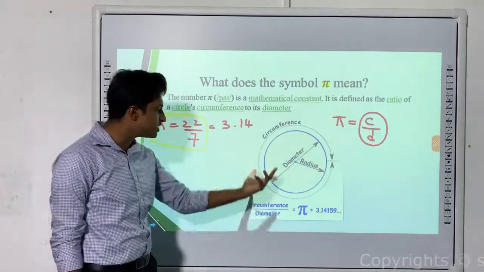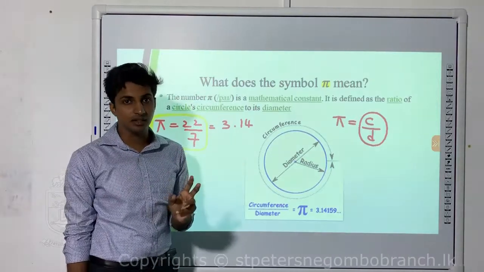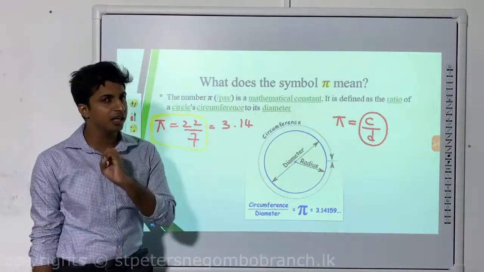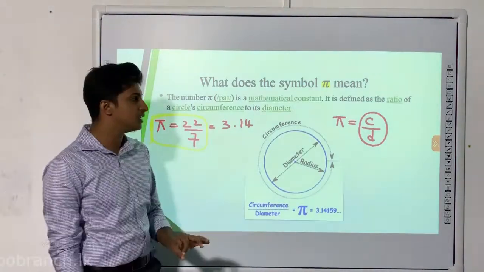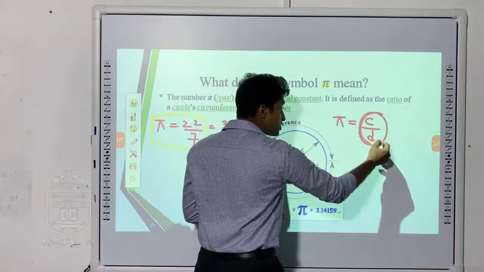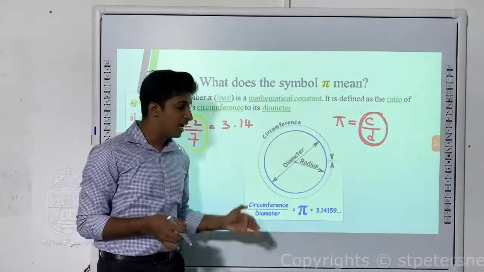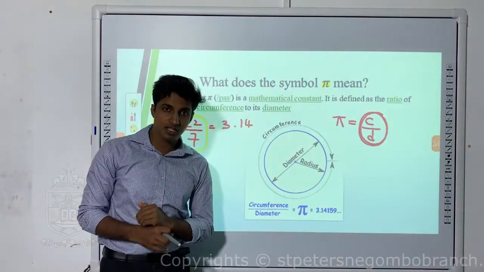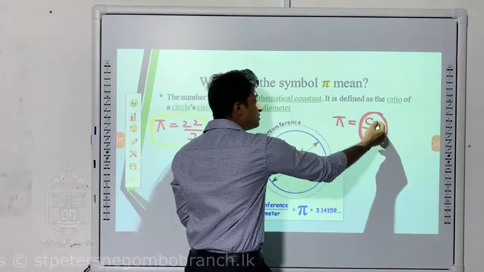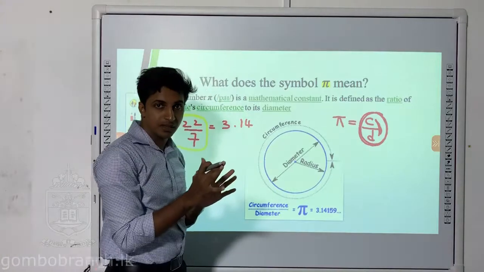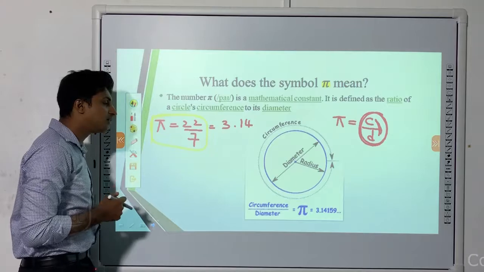The third decimal or the second decimal might change a bit, but whatever circle you take, for any circle with any radius or any diameter, take the circumference and divide by the diameter and you will always receive this fraction as a constant. Take the circumferences of like 10 circles and divide by the diameters of 10 different circles, you still get the same value for pi. That means pi is going to be a constant. That is the reason why we consider pi as a constant.